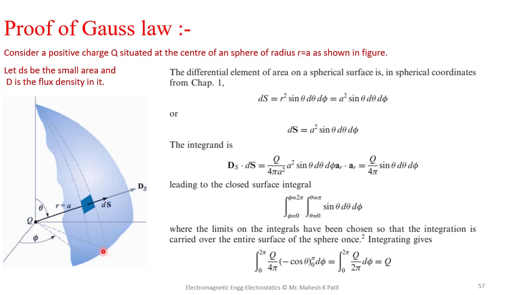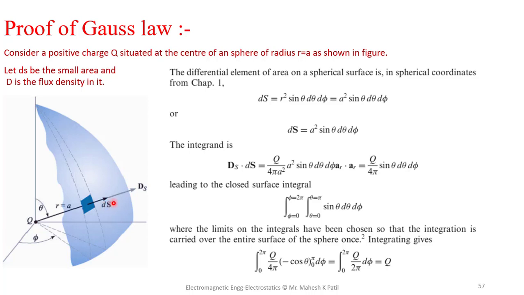So this is the surface from that sphere having radius as a. Let ds be any small area. Let this be the small area ds, and the electric flux density D is the flux density present in this area ds. Now we can observe the directions of ds and that flux density D. Here it is shown as capital D, and the normal to the surface area vector is given as